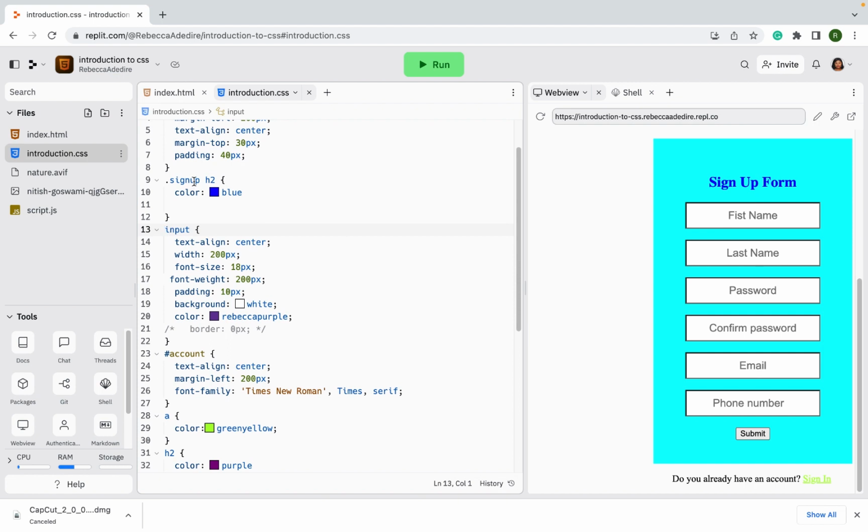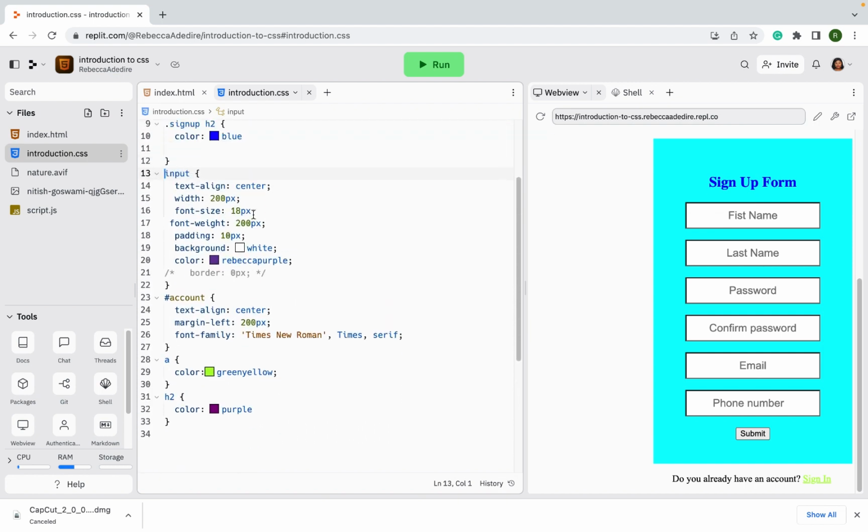So perhaps if I even change this input to a class, if I say dot sign up, everything I did here is going to cover for this submit. But now I remember why I just decided to call up the tag input and edit: I don't want my sign up to be different, rather I want my button to be different. This is my submit, so I'm just going to call up the submit and I say button,